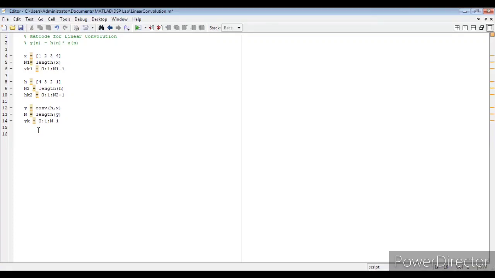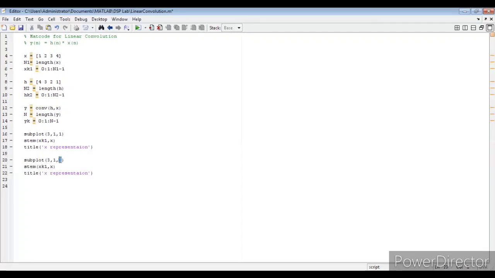Now let us represent that with the help of a graph. As we know, we need three graphs. We'll use subplot, and here, sorry, capital S we have written, small s subplot, 3 rows 1 column, figure 1 for x representation. So stem, it is k1 comma x. Next, title in a single quotation, x representation. Now the same thing we have to do for the other two.